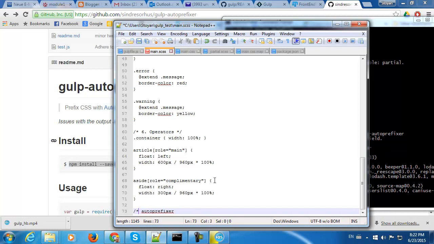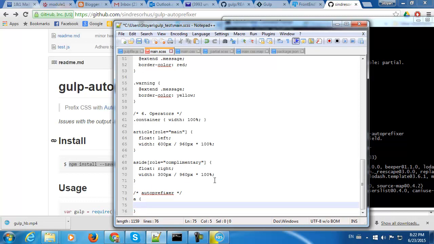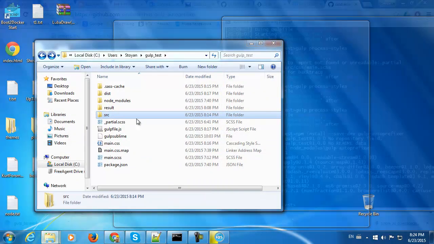I have to use this type of comments. I'm gonna say transition, transform, 1 second, auto prefixer. Okay, actually this should go in my file which I moved in source